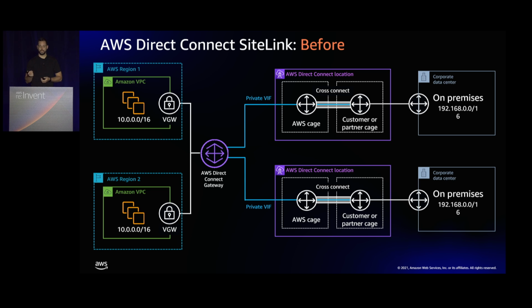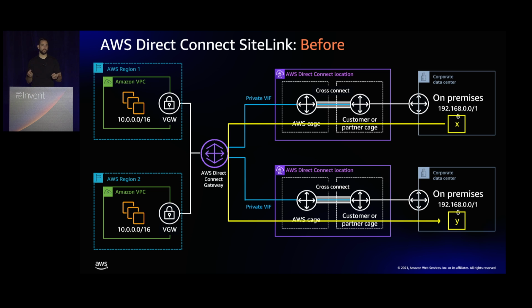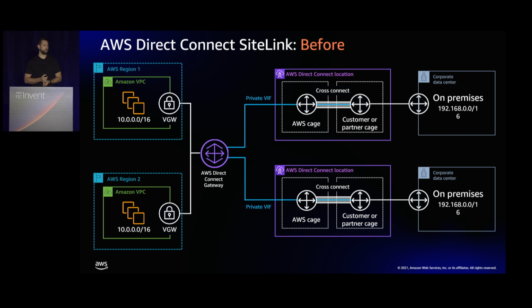Now, one of the data paths that we got asked about a lot was, hey, I've got site X and site Y, can't I just do this? I've got two circuits, why can't I just trombone through the Direct Connect? Unfortunately, that was what we call a disallowed data path. The Direct Connect Gateway was for transitive traffic through to the VPC only. So you could build instances inside your VPC and tunnel traffic and build an overlay. It gets quite complicated.